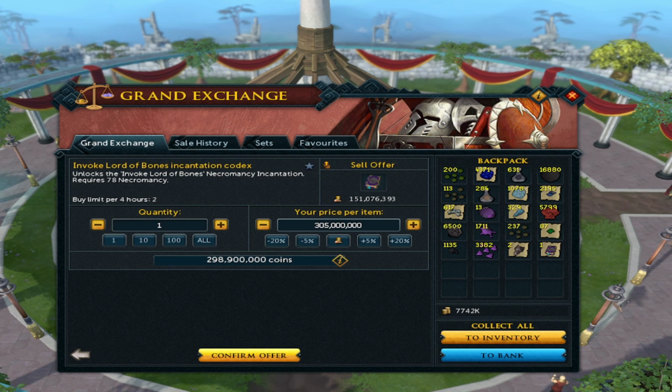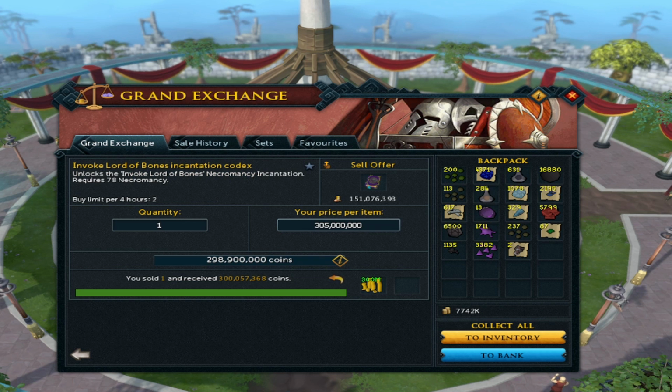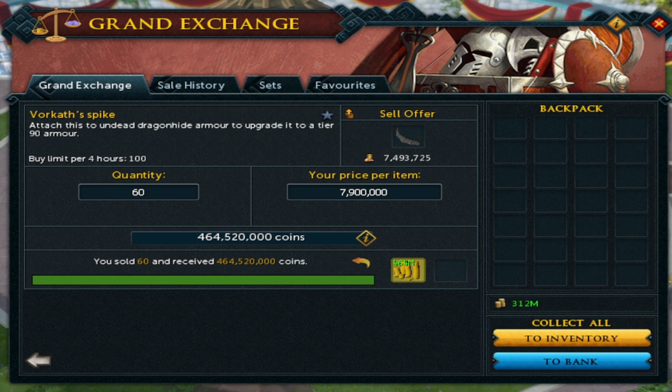Now, I did do an Eli price check, and it did say it was 360 mil, but it sold for 300 mil. This does put me a little bit closer to buying the Fractured Staff of Armadyl, which is my next current goal with these loot videos, but holy moly, that's about 1.8 bill. Spikes did sell for 464 mil,